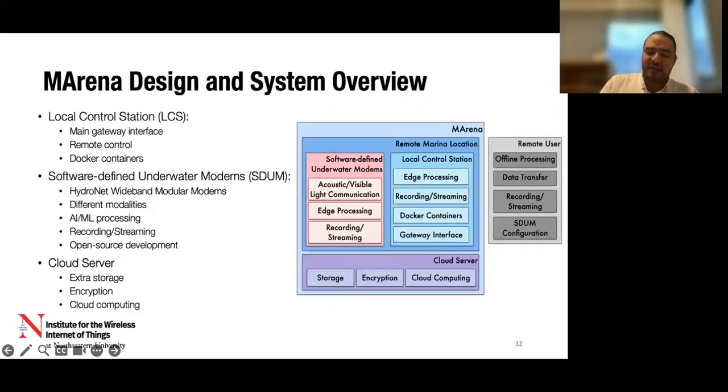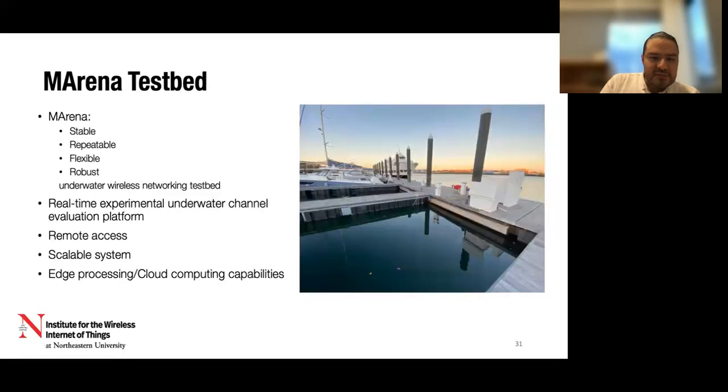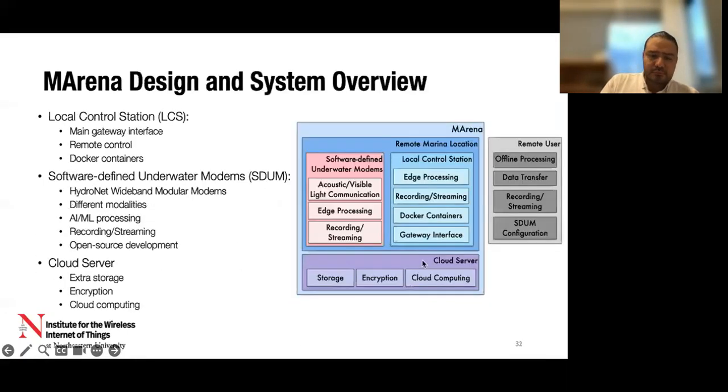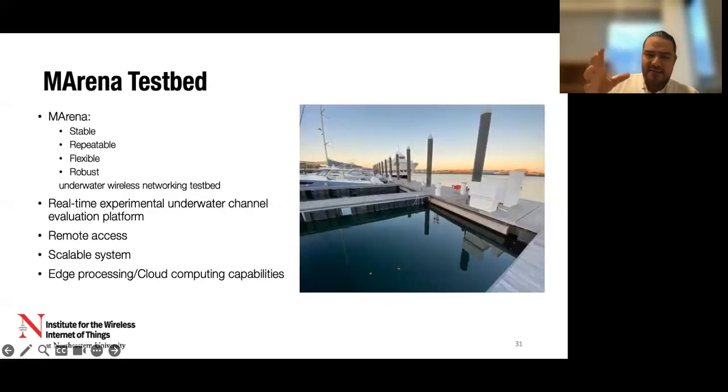So what we have done is set up a base station connected to these devices so that we can connect to them remotely from anywhere that has internet, and run different experiments and collect data in real time,